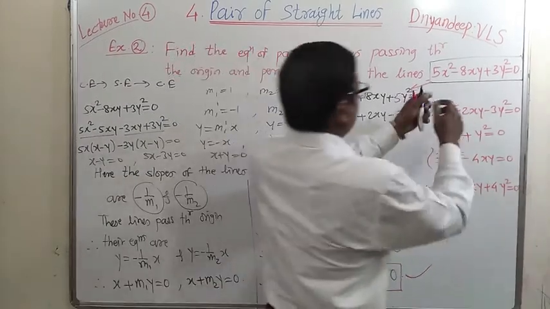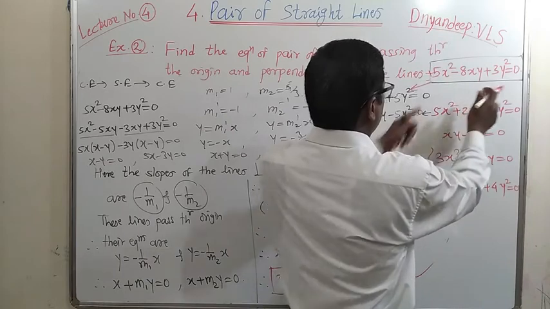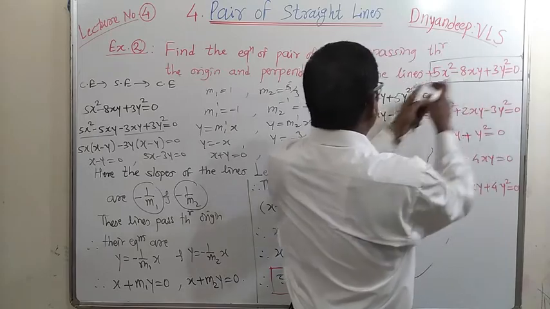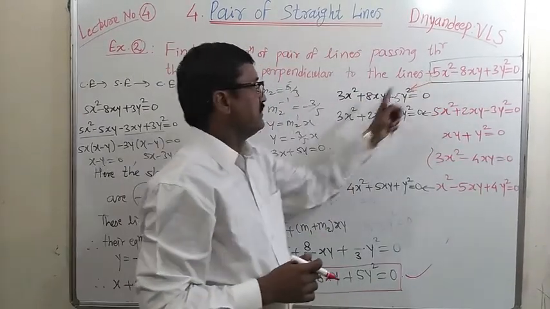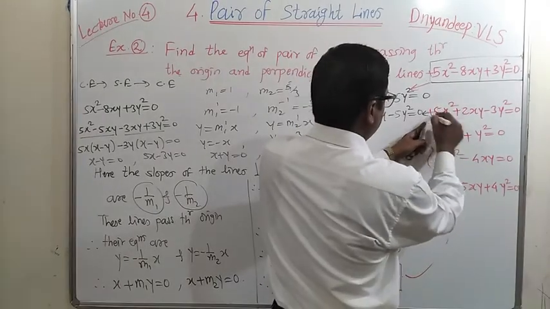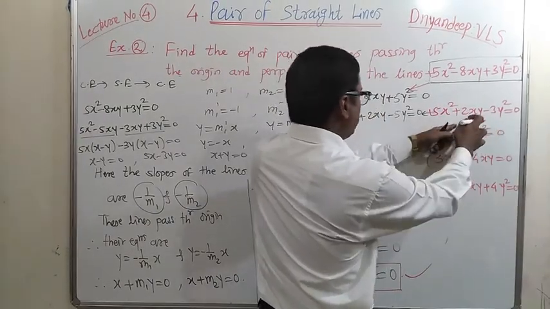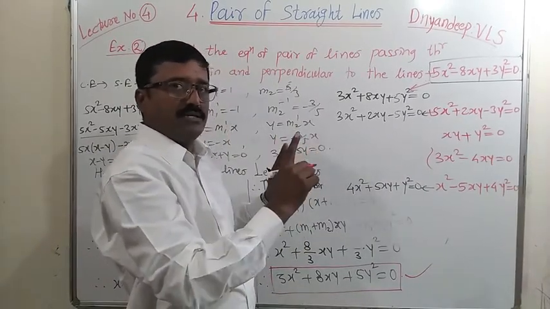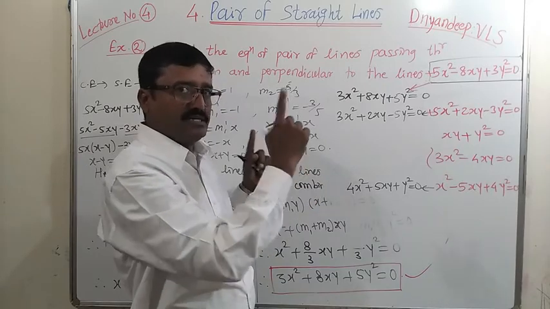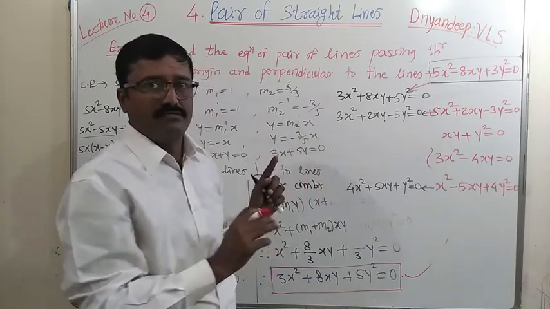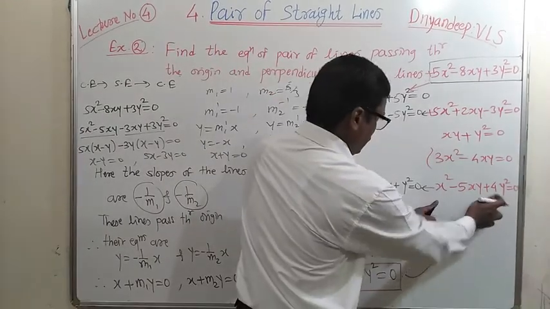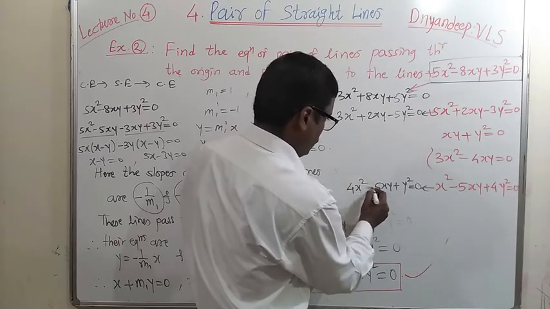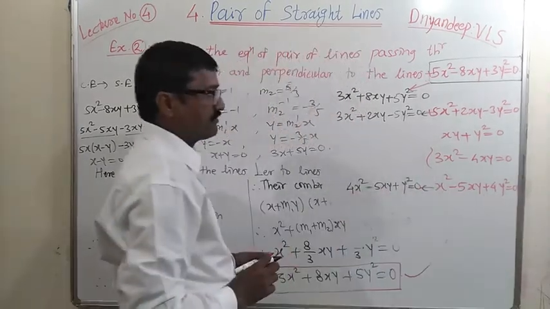Now the second point. Whenever the signs of both x square and y square are the same, means positive positive, then change the sign of the middle term. If it is negative, make it positive. Here the signs are different, positive and negative, so the sign of the middle term stays the same. Means whenever the signs of x square and y square are the same, change the sign of the middle term. If the signs are different, don't change the sign of the middle term. Here the signs are the same, so the sign changes here and it is negative.